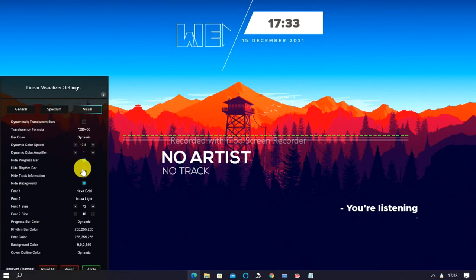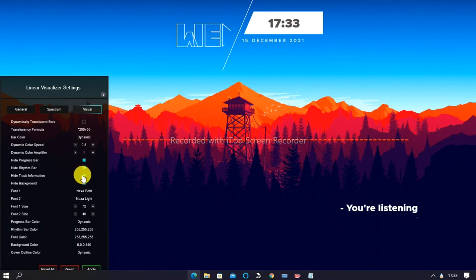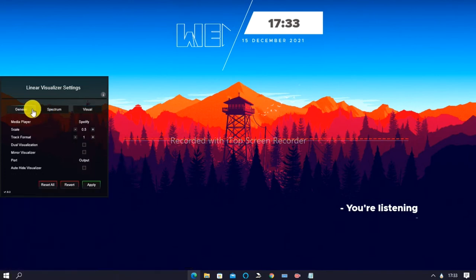Then I have to click on hide progress bar, hide dynamic bar, hide track background, apply. You can just click on the progress bar. So the progress bar will be applied here. I will just minus it. This I think is a bit too small. I will just increase it to 0.3. I think that's perfect. No, it is a little bit big, so I will just do 0.25. Okay.